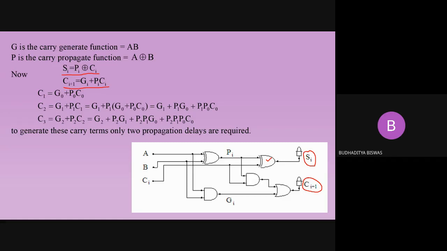Okay. Now just replace the value of I from 0 to 3. So let's see what will happen. If I equal to 0, that means at initial stage, from this expression, if we just replace the I by 0, because I is nothing but the stage of addition. So it may be I equal to 0, I equal to 1, I equal to 2, like this. If I equal to 0, it becomes C1 equal to G0 plus P0 C0. Understand this one? Just replace the value of I as 0 in the above expression. It becomes C1 equal to G0 plus P0 C0.